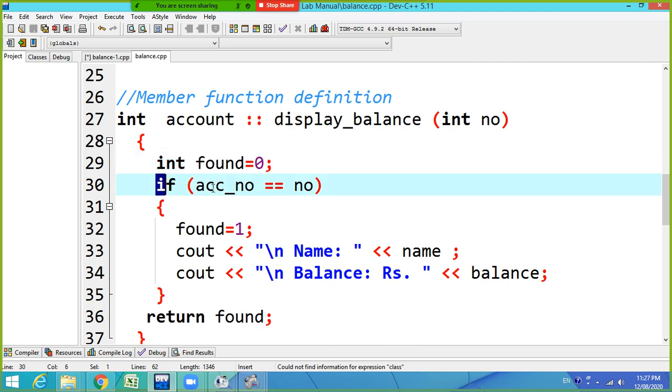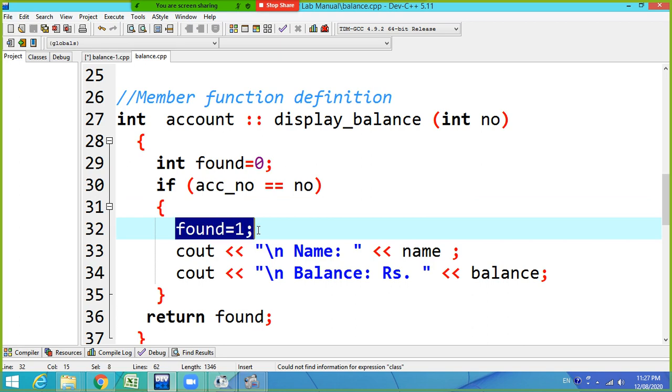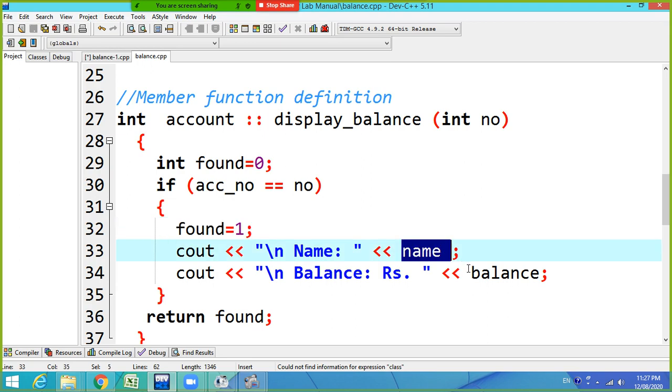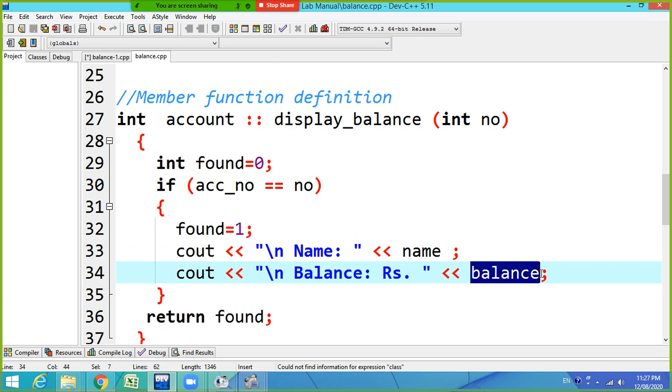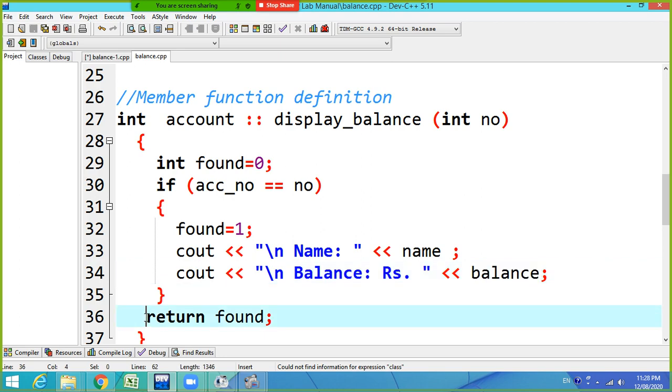So here my condition is: if account number equal to NO, and this condition is true, then I am making the value of found as 1, that is, it is matching, meaning found. And if found, then I will display the name of the customer and the balance of that customer for that account, and then we will return the value of found.